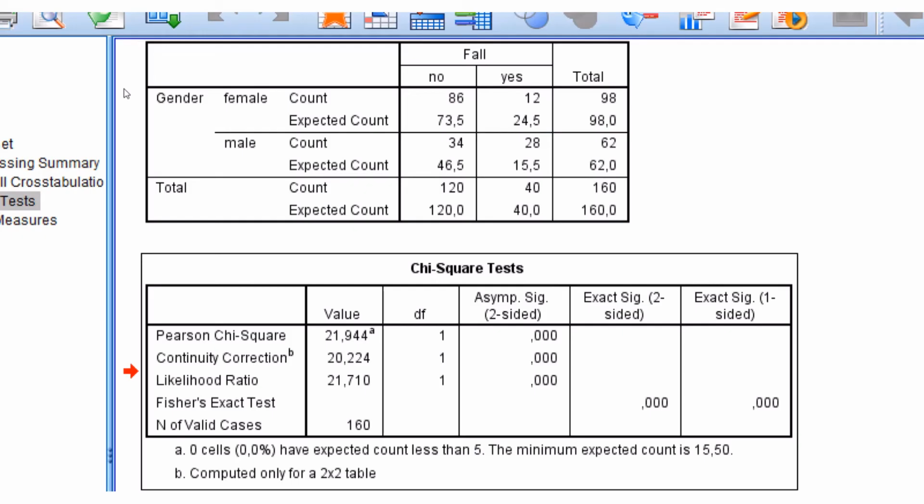When at least one of the expected counts is less than or equal to 5, in that case we cannot perform the chi-square test, but rather perform Fisher's exact test. But in our case, all of them are greater than 5, so we can